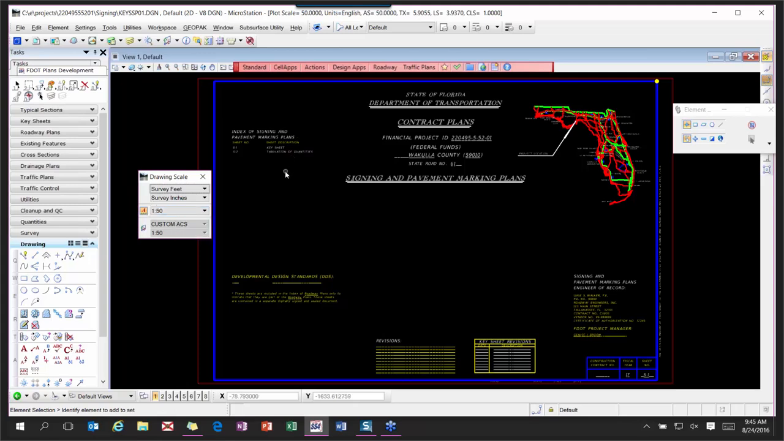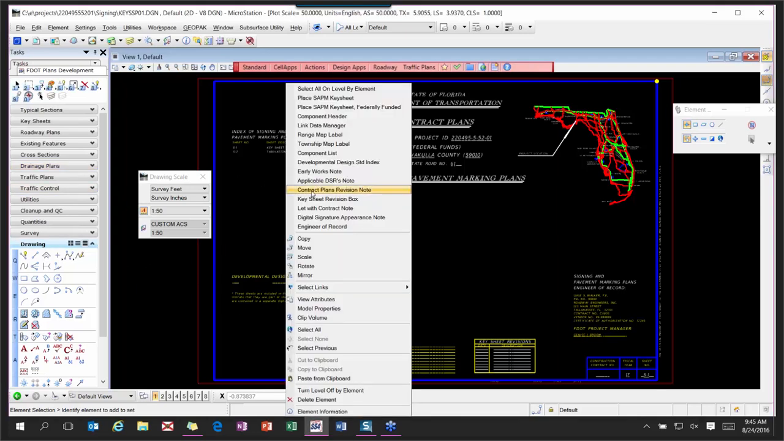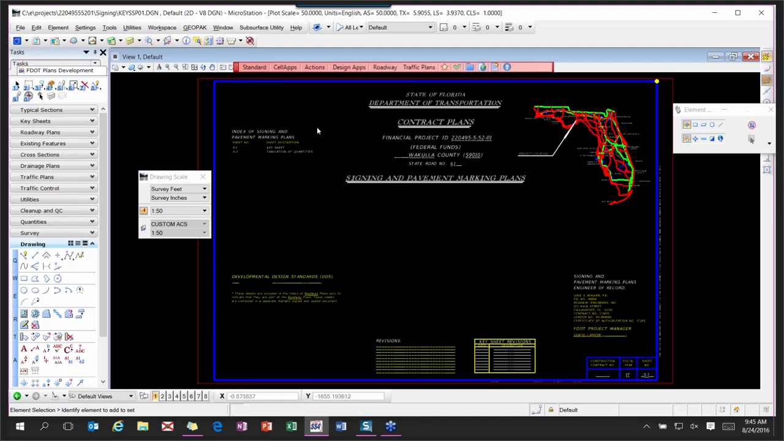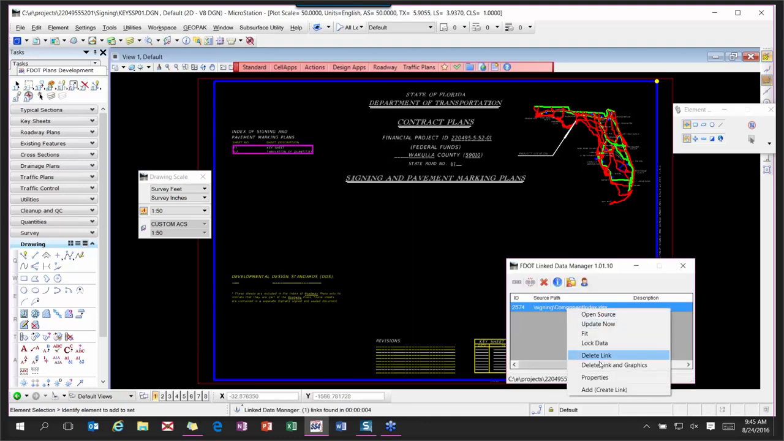So you'll want to go into the properties for that link. Let me see if I can show you real quick. And if this doesn't fix it, then you'll have to send me an email. So if I open up LDM and I go to properties,